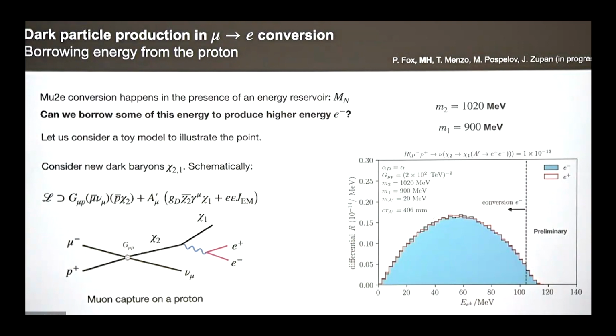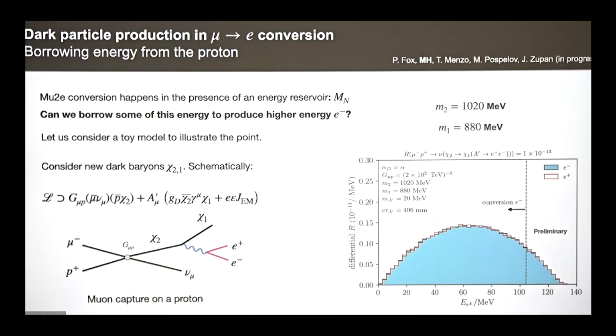So if I had some kind of exotic situation where a muon conversion can produce a new baryon, which at the end of the road decays to a baryon that is lighter than the proton, you could borrow energy from this system to dump inside of an e+ e- pair, for instance. With this type of scenario, with these dark baryons that decay, you could imagine electrons and positrons produced inside of a mu to e experiment with energies above the threshold of mu to e conversion, so above the 104 or so MeV energy. The lighter this M1 particle is, the more energy you get to borrow.